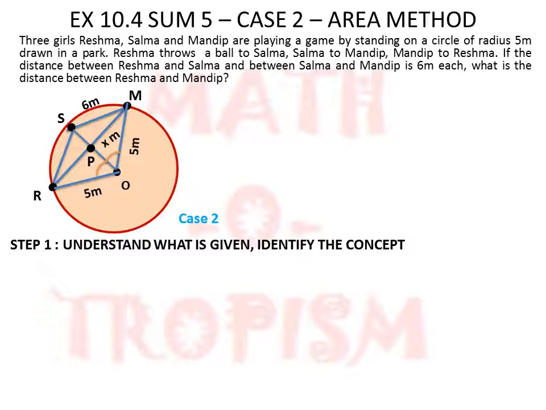So here it's actually quite easy, a little bit difficult to understand in the beginning, but if you see, this is the fastest way in which we can finish this sum, because in the previous case we had to do Pythagoras theorem twice and equate the two equations. Here nothing like that is coming, and we don't need to do the long division method also. The only thing is the area method. So you must remember that we are going to find the area of the triangle in two different ways and then equate them. That's the only thing we are going to do.